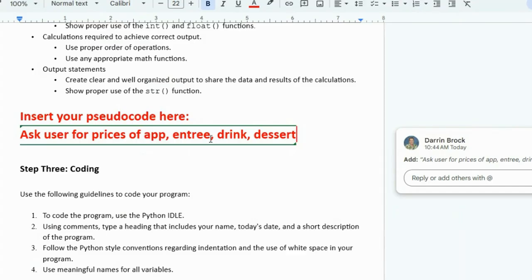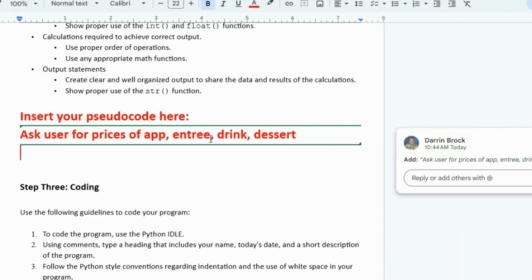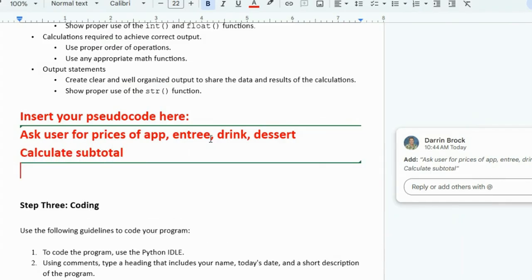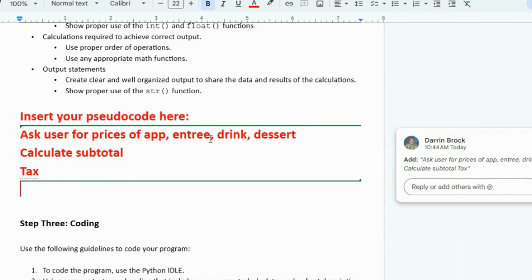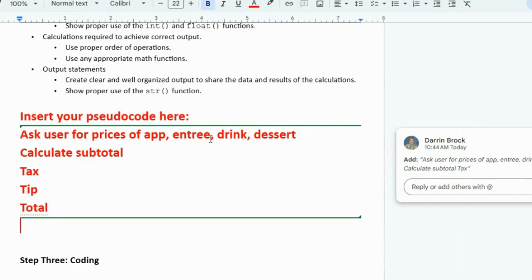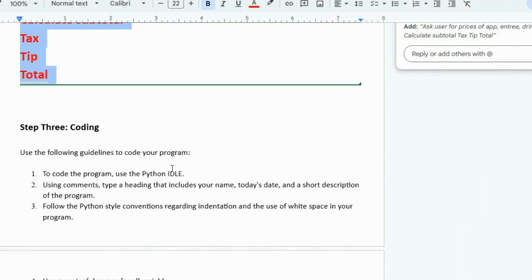I got to ask the user for the prices of these 4 things. Et cetera, et cetera. Calculate subtotal, tax, tip, total. I got to calculate all that. So I put it in my plan right here where I don't forget that. Then I write my code after I've got my plan. So you didn't do any of that.